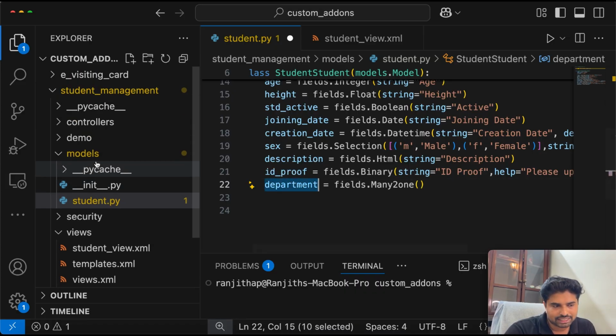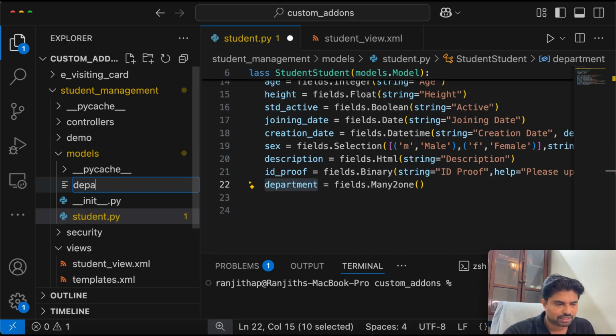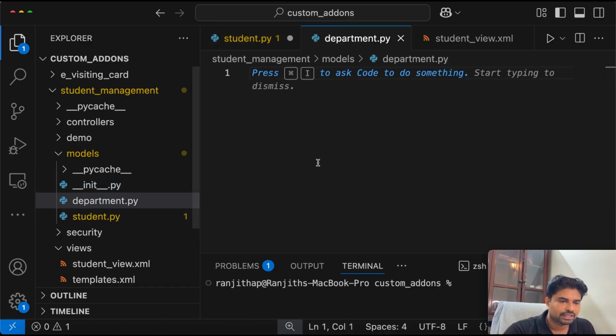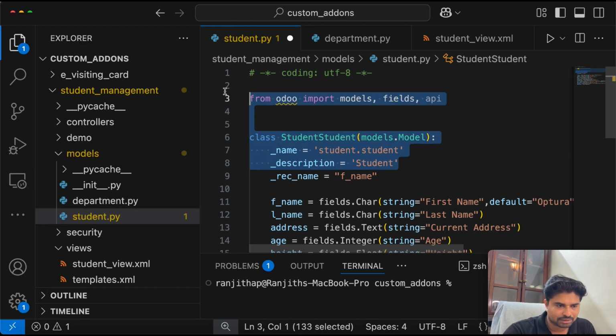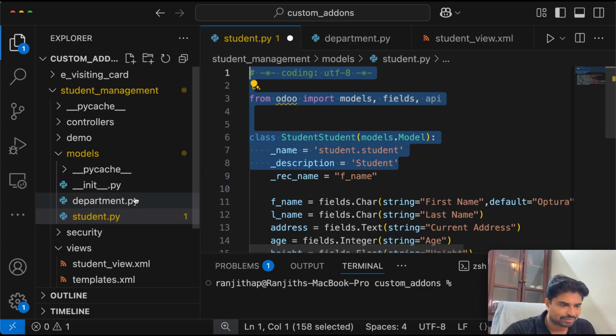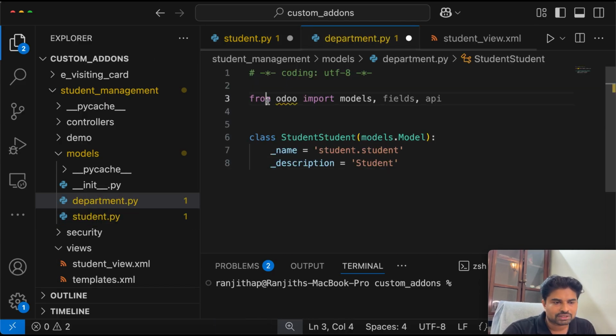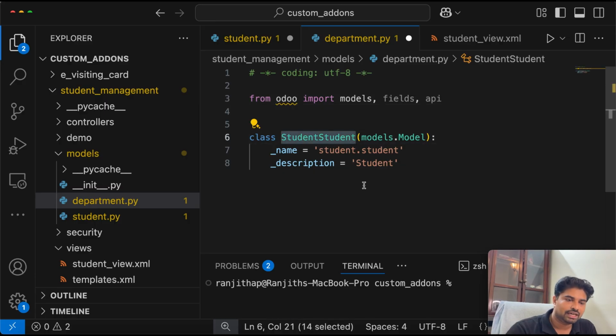For that, I'm just creating a new Python file and naming it department.py. So here I can define another model. We can just copy and paste the same here because the syntax is the same everywhere. I import the necessary libraries and define the class. And here, instead of student, I can change it to